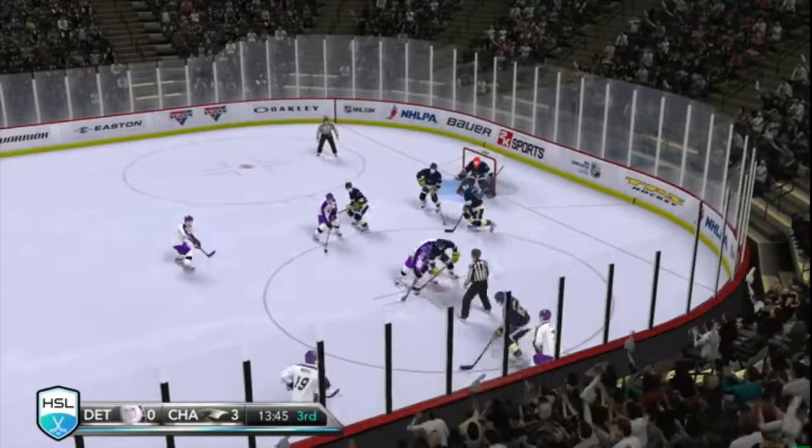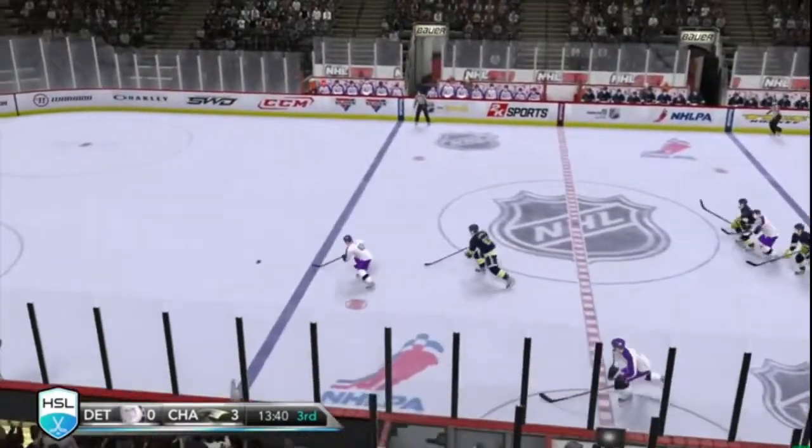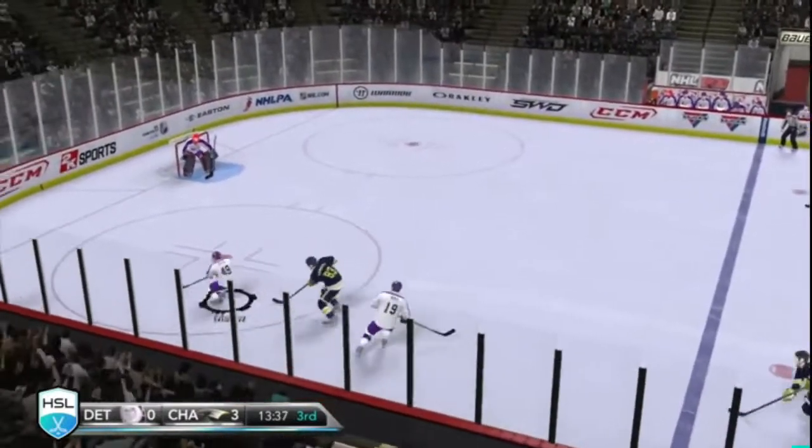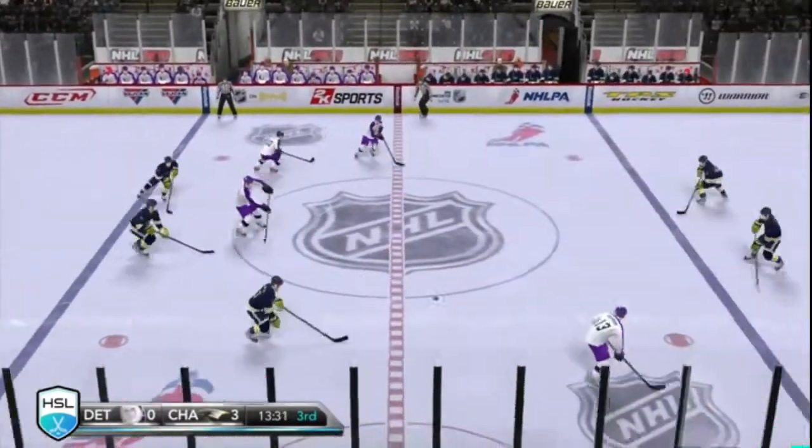13:47 to play for the period. Off the face-off. Puck flies out of the zone. Detroit's got to clear that one out. And Meow's got somebody on his back. He'll get it now to Mays. Mays, that's